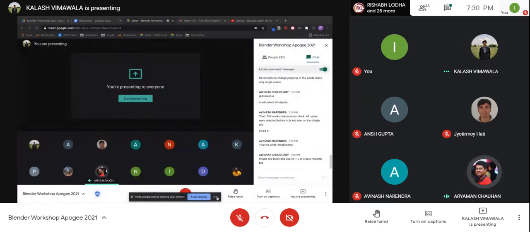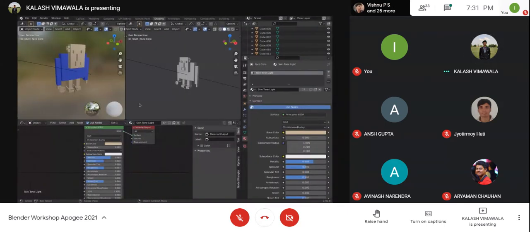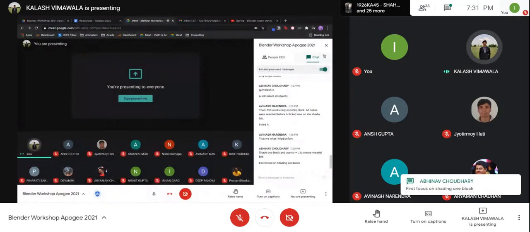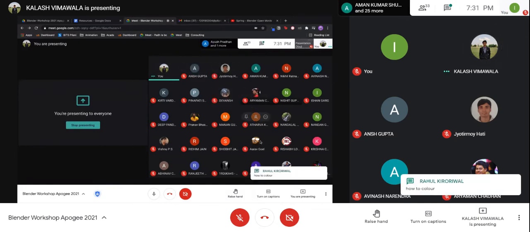I missed the link. How do I do the link? You can press Control L or Command L. Click on Command L and you will see the option Make Links, or Control L, sorry. Hope it's clear to everyone. All right, so I'll give you 3 minutes more. You can work on your blend file and then I'll continue from here. If you have any other doubts, keep typing them down in the chat box.